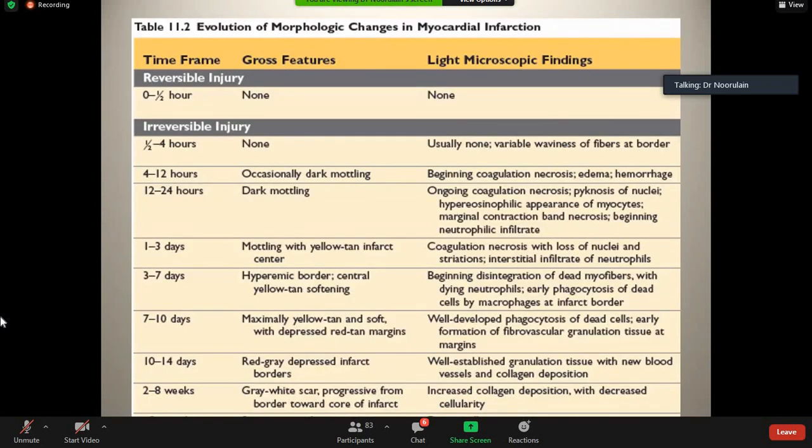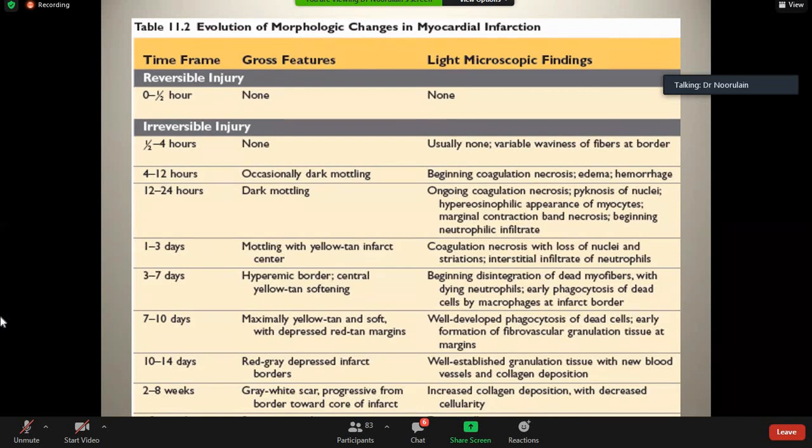This is a chart summarizing the morphological changes in myocardial infarction. At 0 to half an hour, there are no gross features and no microscopic findings, and this is the time of reversible injury. If there is irreversible injury, at half an hour to 4 hours, there are no gross features, but usually waviness of fibers at the border occurs at 4 hours. Then at 4 to 12 hours, there is occasionally dark mottling of the heart tissue, and the beginning of coagulation necrosis, edema, and hemorrhage. Then at 12 to 24 hours, dark mottling of the heart tissue and ongoing coagulation necrosis, hypereosinophilia, and